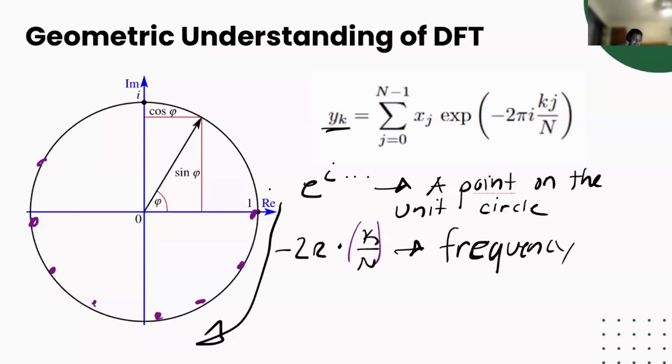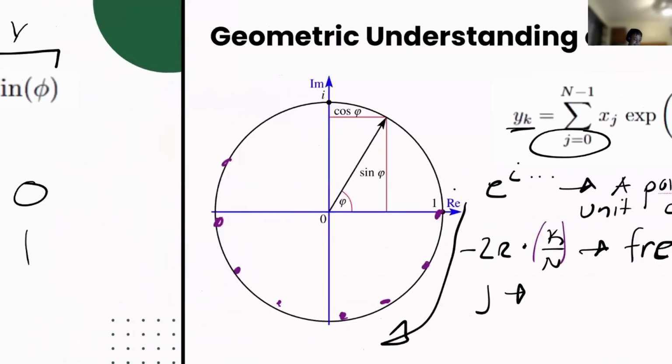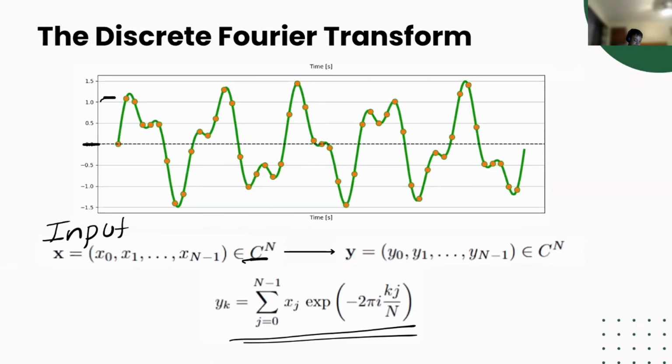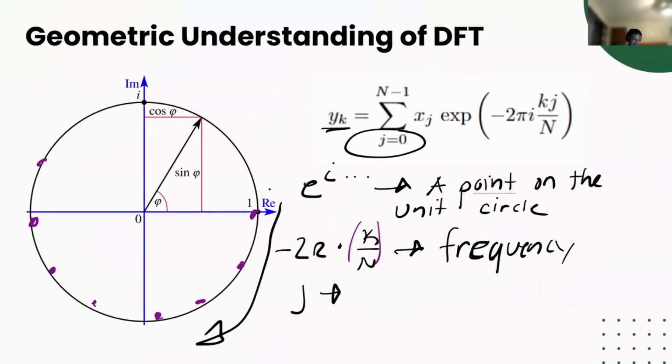And so now we can talk about j. What is j here? j is an index, but it's indexing the specific time steps that we saw in our input value here. So j corresponds to each of these indices, 0, 1, all the way to n minus 1. So what this is saying is that at j equals 0, we can take the sum. At j equals 0, we're at the point 1.